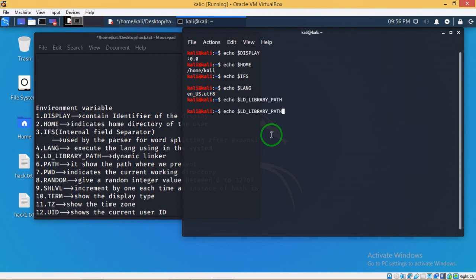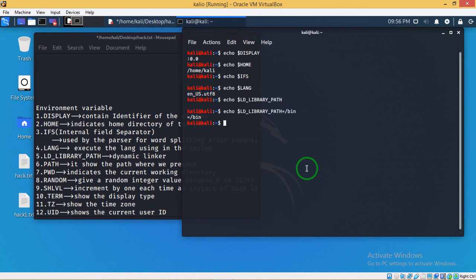If I give a path, for example /usr/bin, I'm just giving bin and hitting enter. It shows the path. Whatever path you type there, it shows as the library path, showing what libraries it will use.